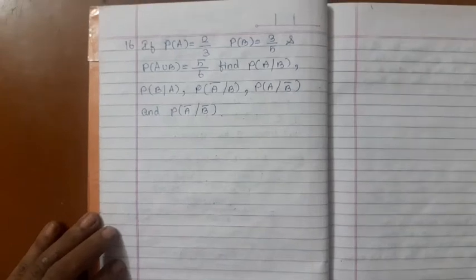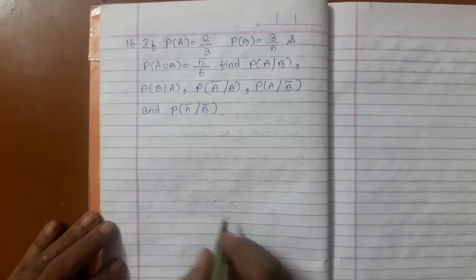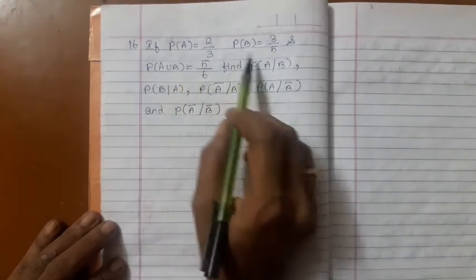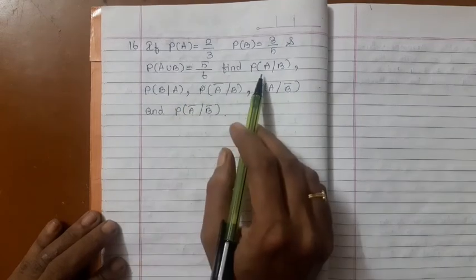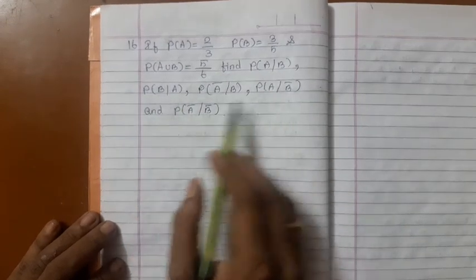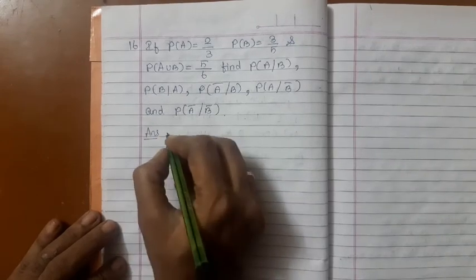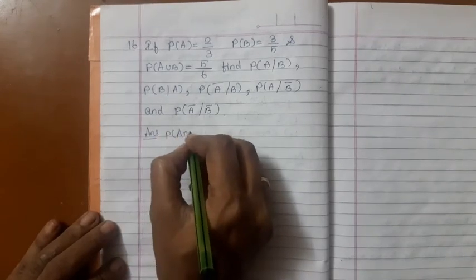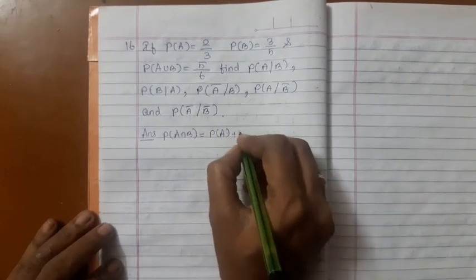So far we have solved 15 problems and this is the 16th problem in probability theory. See the question, probability of A, probability of B and probability of A union B are given and you are supposed to find these conditional probabilities. And you know, for computing the conditional probabilities you need probability of A intersection B, for which we are going